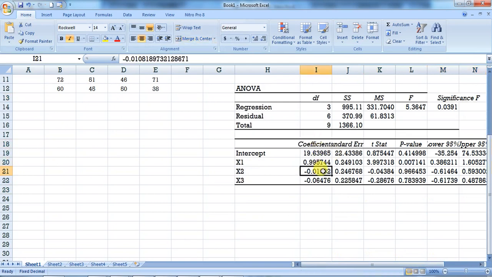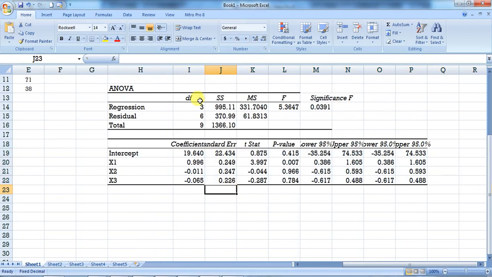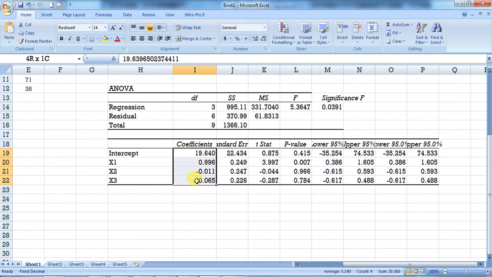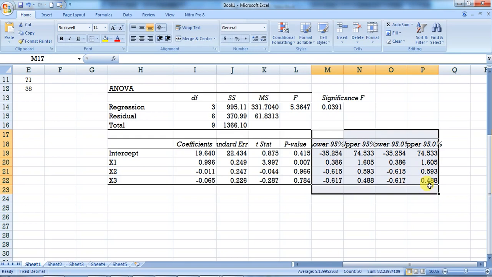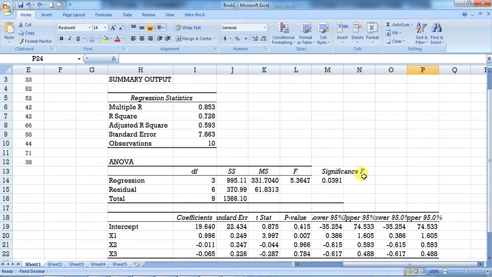Next we get the different outputs regarding the coefficients. Here we get the beta coefficient values, the standard error of each beta coefficient, the t statistic value for each beta coefficient and the respective p value of each beta coefficient or variable. We do not require this confidence interval at present. If you want, you can use it. Now what do these outputs say?